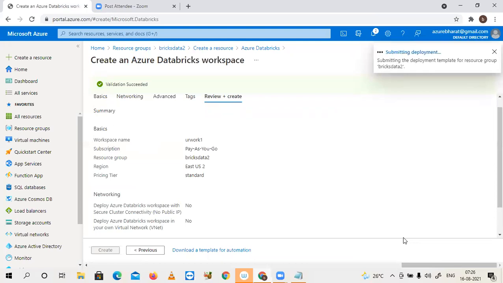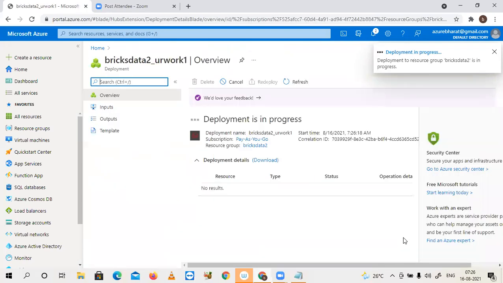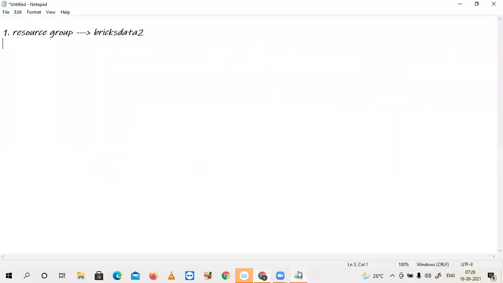So now it is under process. It may take a few seconds or minutes. Deployment is in progress. So the resource group we have created is Bricks Data 2. After that, we added the Databricks resource.